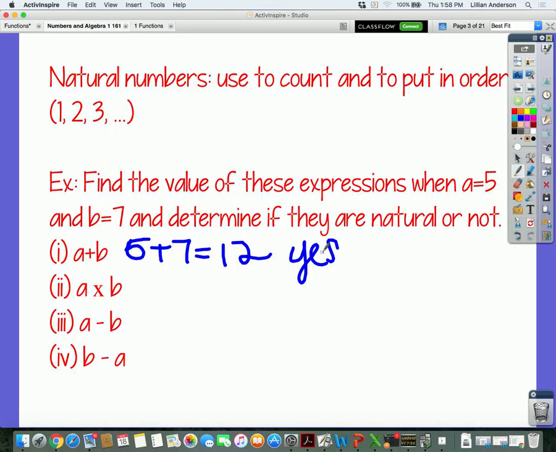So the way you're going to see multiplication is with the binary x, like old school, like when you first learned about multiplication, it was the x. Or you're going to see them just put together like this. So you won't see the dot. If you see the dot, that means something completely different, which we don't do in studies, we do in the other class. So you'll never see the dot. So 5 times 7 is